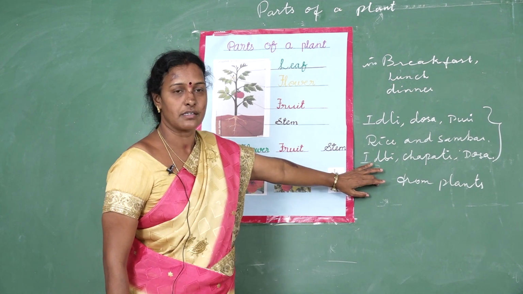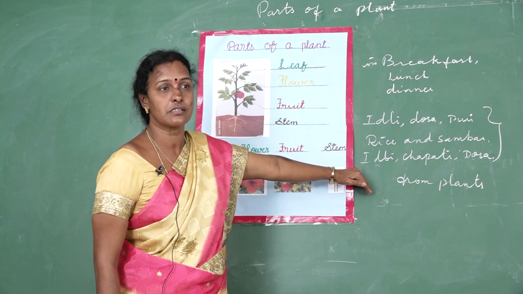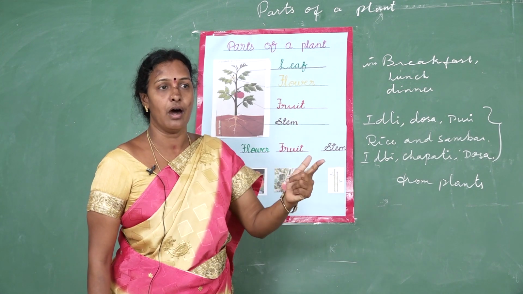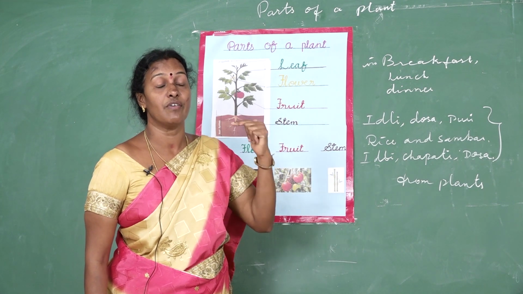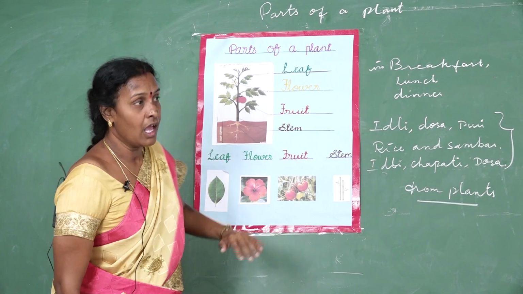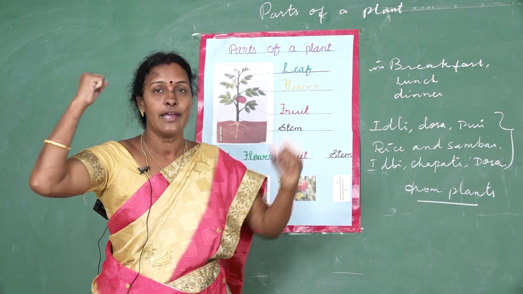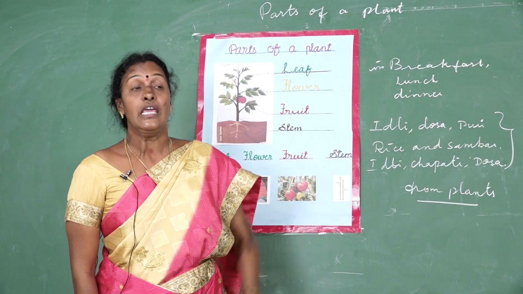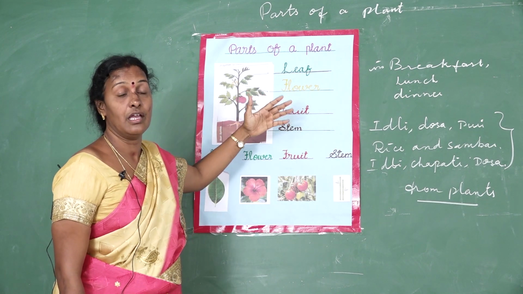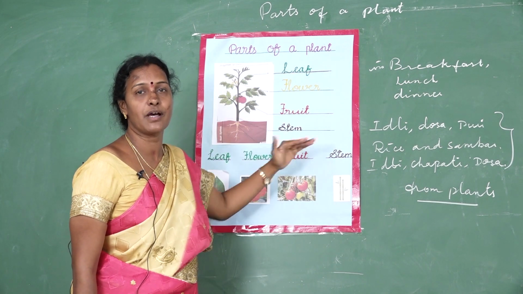Did you see the plants? Okay, very good. Where did you see the plants? We can see the plants in garden, forest, park and even around our surrounding also. Let us learn something about plants. Our body has different parts, such as head, hands and legs. In the same way, plants also have different parts and different colors also. Let us learn about the parts of the plant.